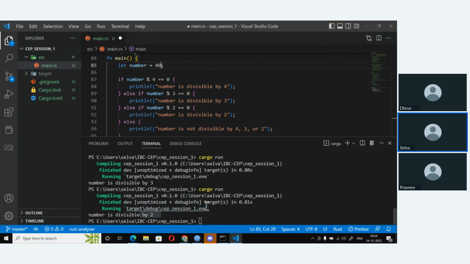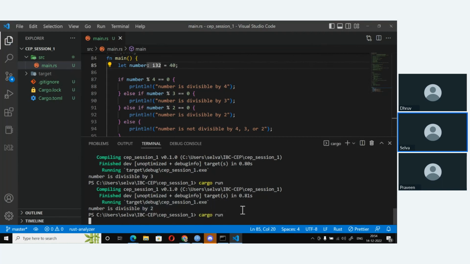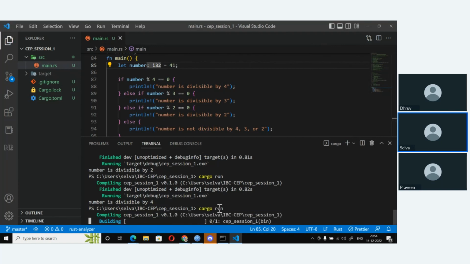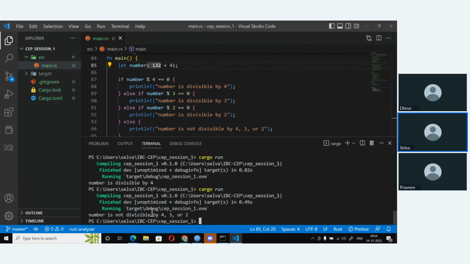I will put 14 here, and I run this. It's divisible by 2, and if I put this as say 41, it is not divisible by 4, 3, or 2. This is a way to test your code, that it is actually going through all the conditions and ensuring that you get the right output for the right input.